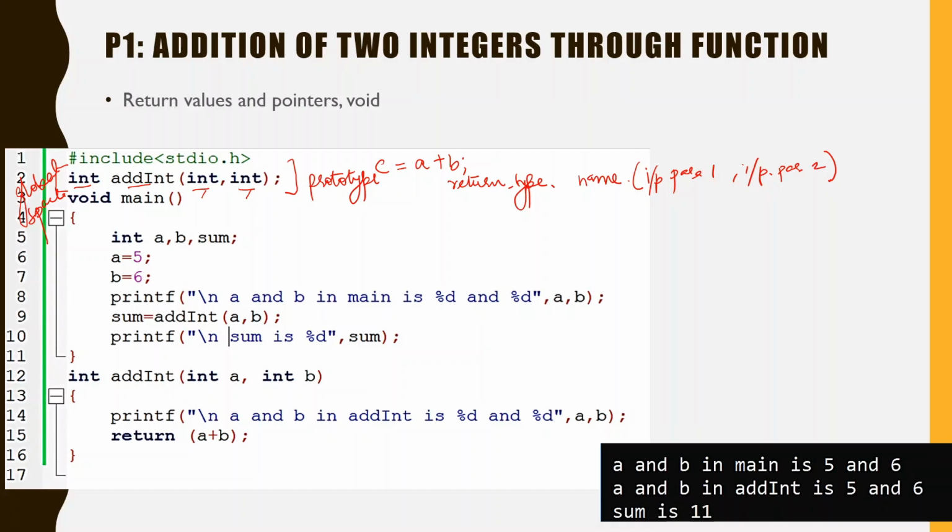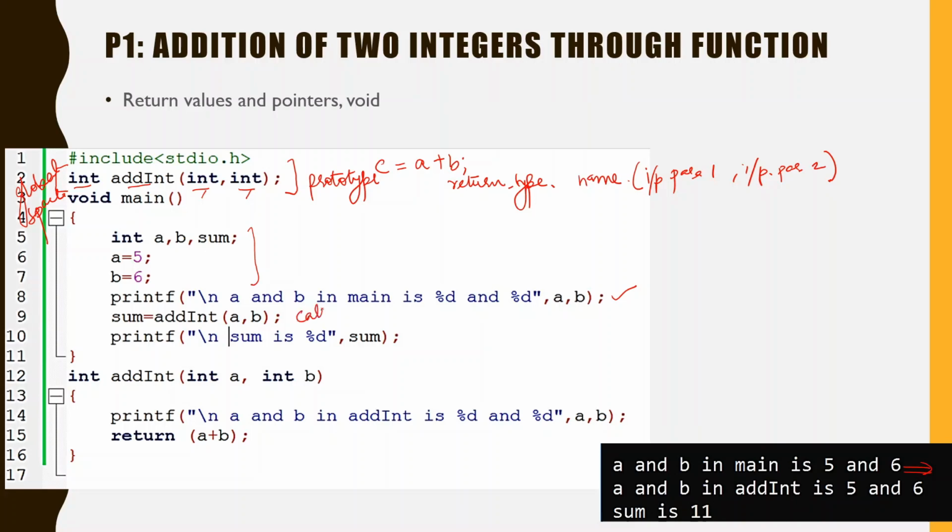Now after the prototype declaration we started writing the main function, and in the main function we declared some variables and initialized some of their values. Then we saw what the values of a and b are individually. So this statement is used for printing a particular value. Then you can see that the add int function is called.